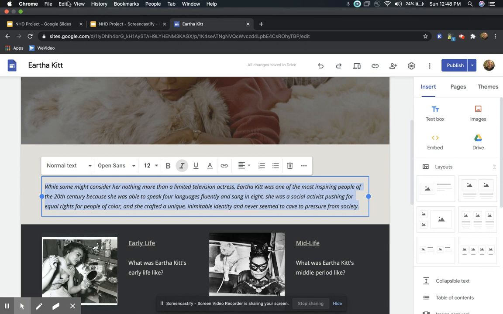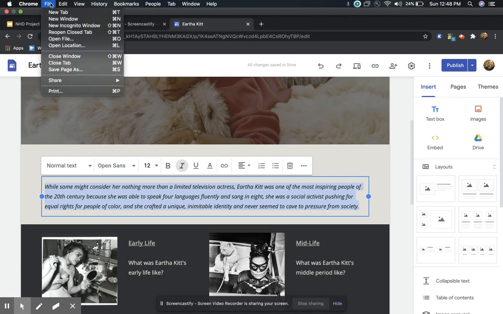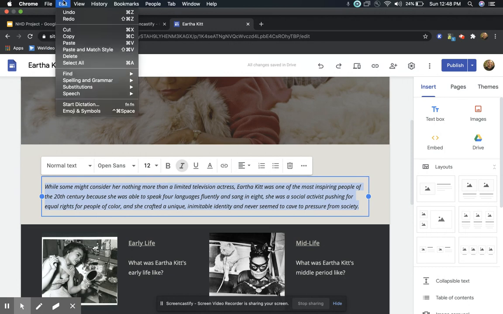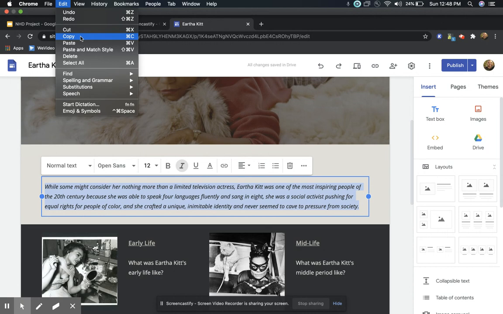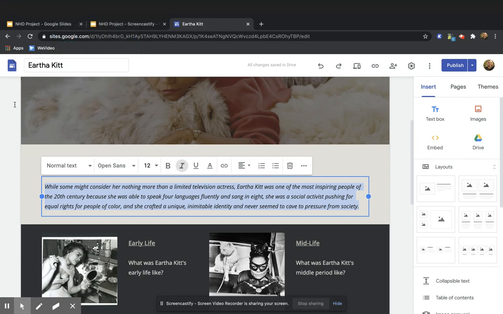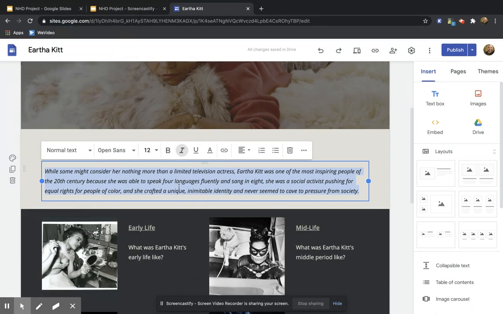or if you look up in the top left-hand corner, there's usually an option for file. It may look different on yours because you guys have a Chromebook versus a Mac. But if there's file or something comparable to it, you would look on here, possibly under file, possibly under edit, and you'd look for something that says copy. It's usually easier to use the keyboard where you just look for Command C. Command is usually the button at the bottom next to the space bar, and you press Command, holding onto it,